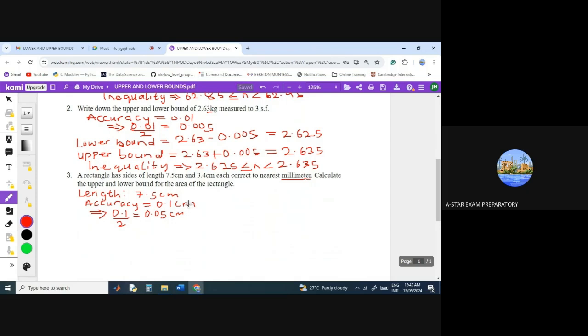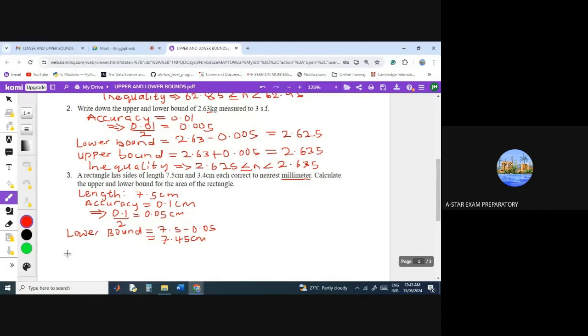So let's also calculate the width. So from here I can calculate the lower bound for the length. So let's do this before we calculate the values for the width. The lower bound for the length is 7.5 minus 0.05, which gives us 7.45